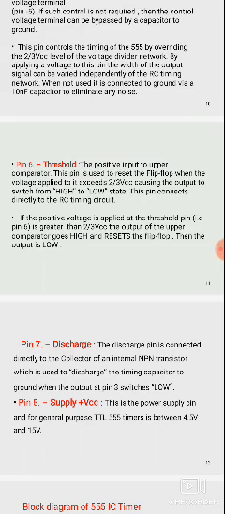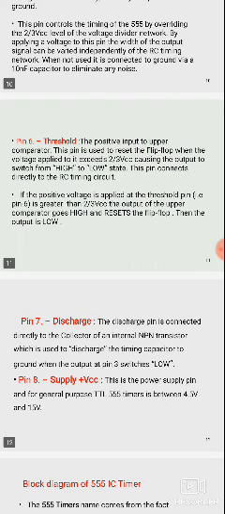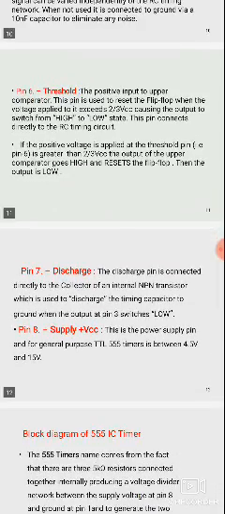So the pin connects directly to the RC timing circuit. The positive input comparator pin is used for resetting purpose. Only when the applied voltage exceeds 2/3 VCC will the state change from high to low. Next, if the positive voltage at the threshold pin, pin 6, is greater than 2/3 VCC.